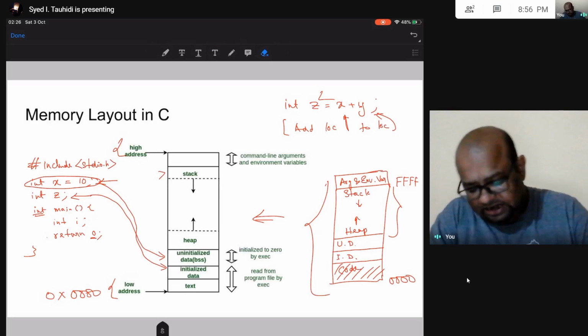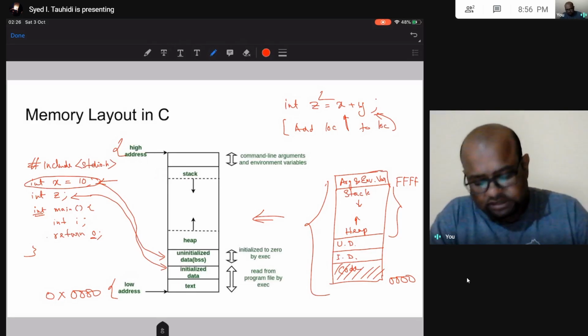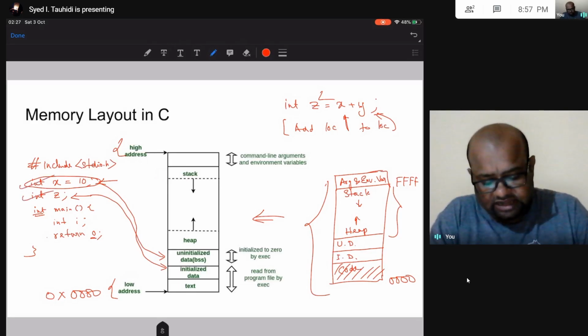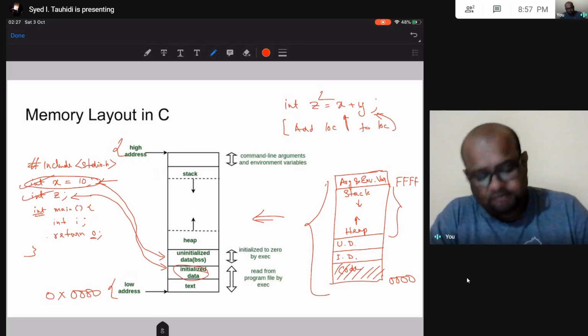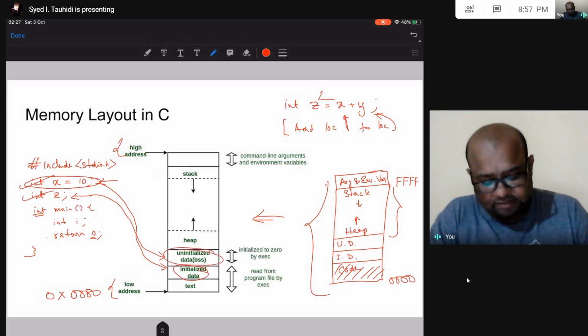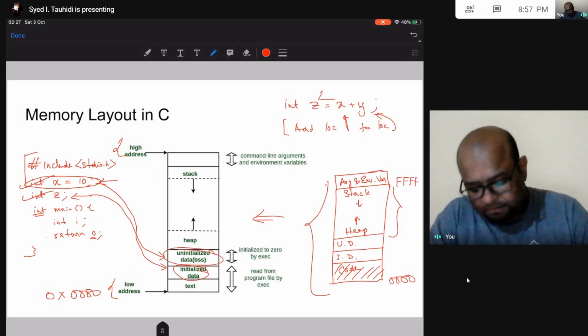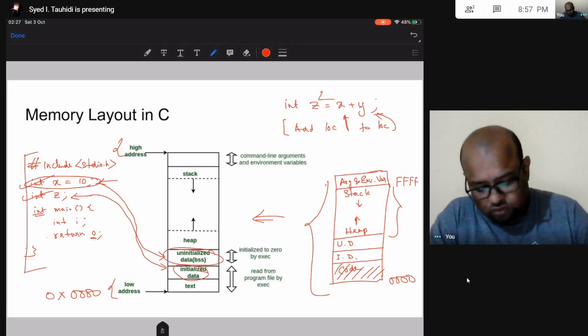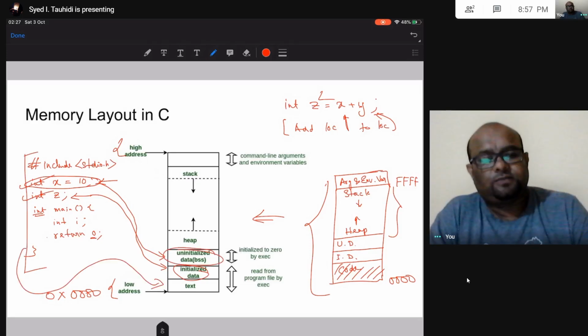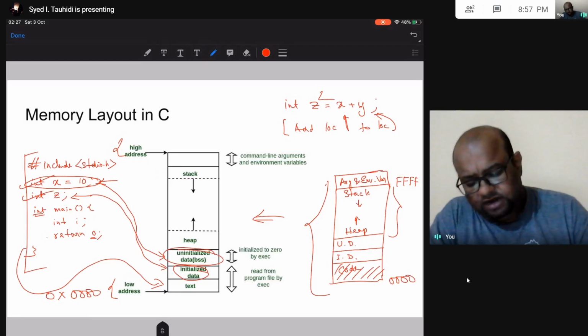But understand there are these global variables that are going to go into this initialized data segment, and then this compiled code is going to go into this text segment. So this is what my entire program's memory structure is going to look like. And apart from that, I am going to have something called stack memory and heap memory.